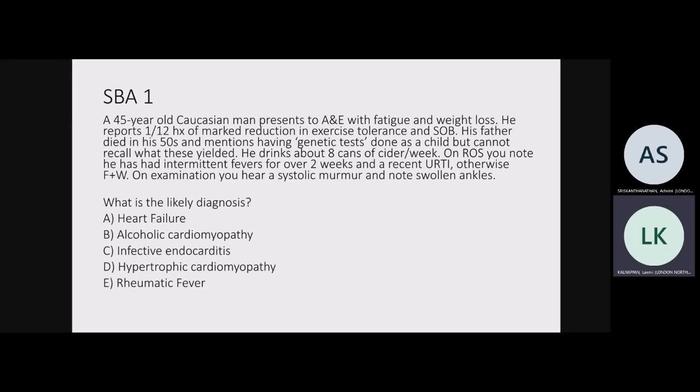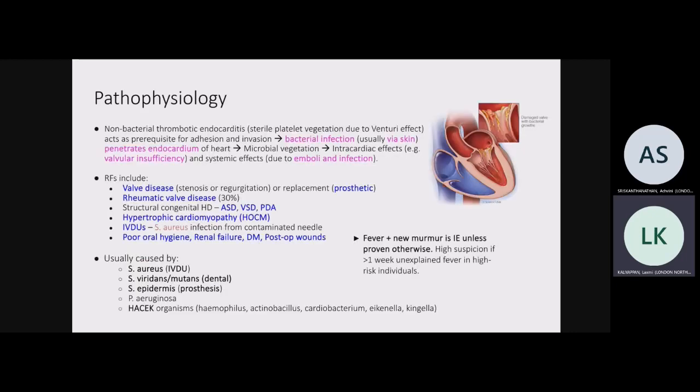Okay, so the answer is C, infective endocarditis, and we'll go through why that's the case. So pathophysiology behind infective endocarditis, essentially it's to do with platelet vegetation and a bacterial infection that seeds, usually sourced from the skin, that penetrates the endocardium of the heart, and as a result leads to valvular insufficiency, which is why these patients often have a murmur, as well as systemic effects, which includes the intermittent low-grade fevers